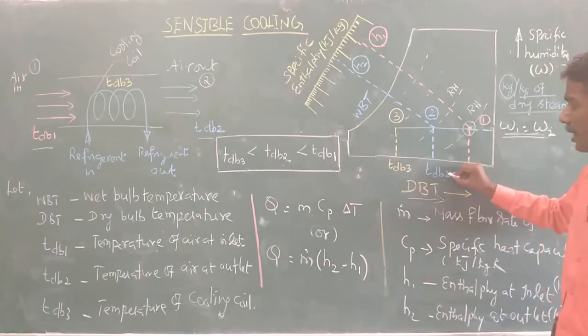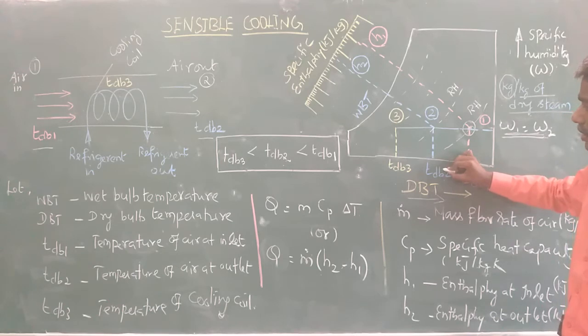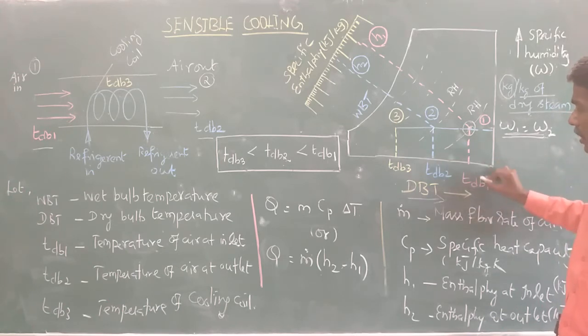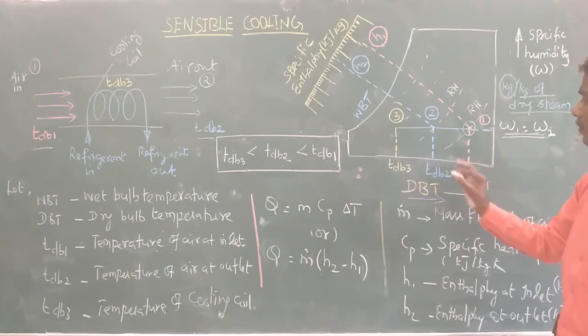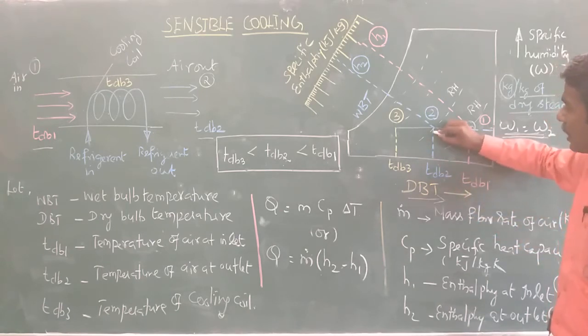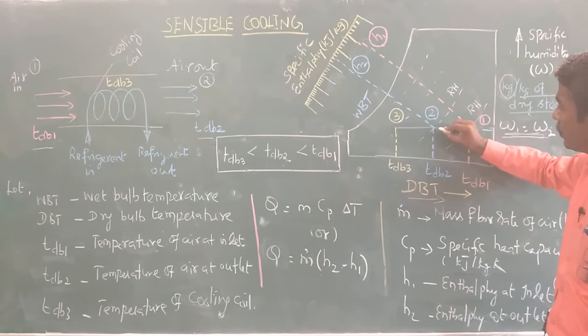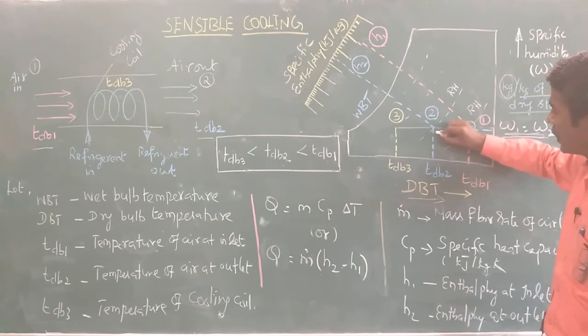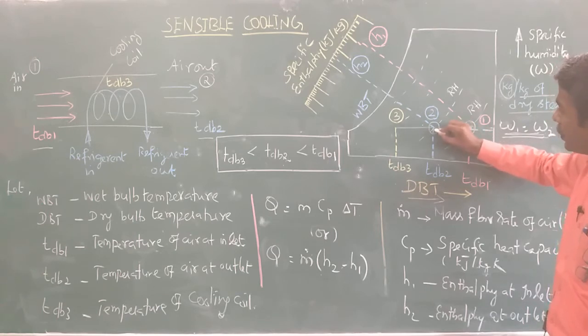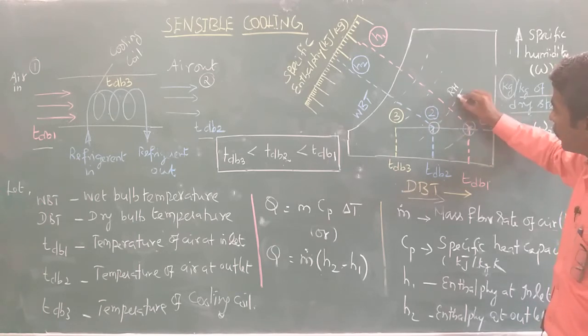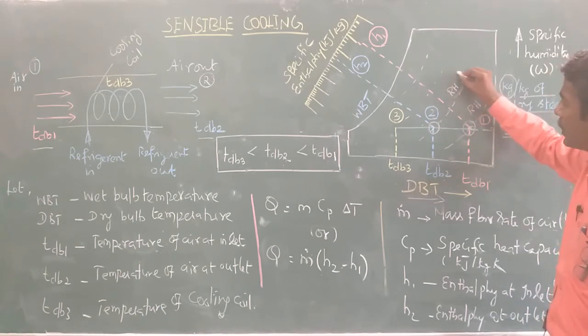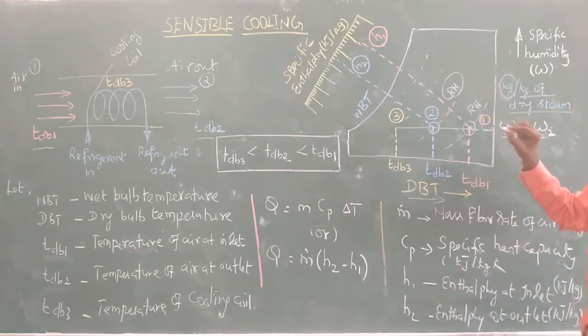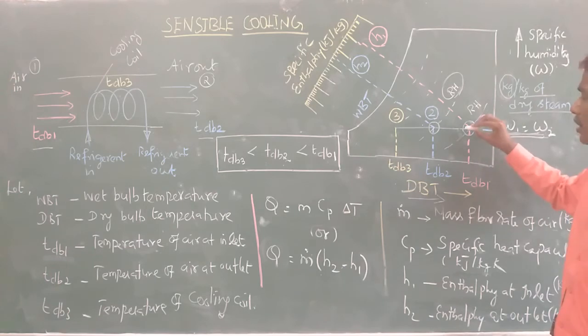Now we come to the second point. The dry bulb temperature at point 2 will be lesser than that at point 1, so we mark slightly leftward. Draw a vertical line. This vertical line intersecting the horizontal line will give you point 2. Here also, if you see the curved line, we can get some relative humidity. So if you have two parameters, we can easily mark a point in a psychrometric chart. That is the important thing.